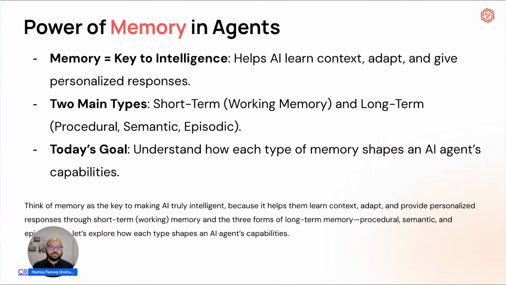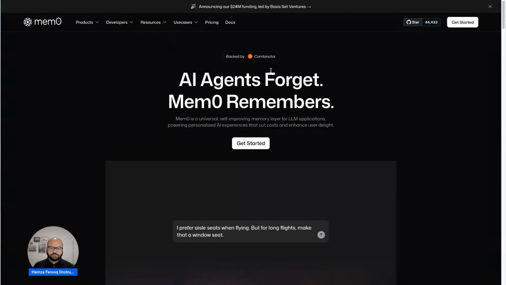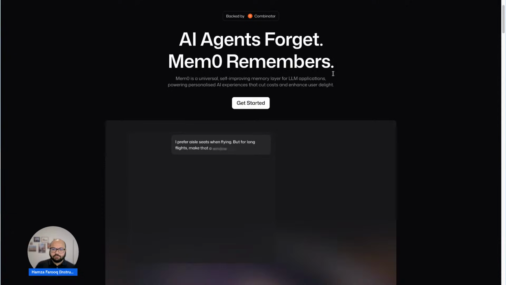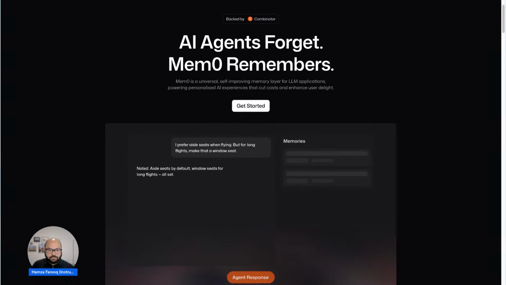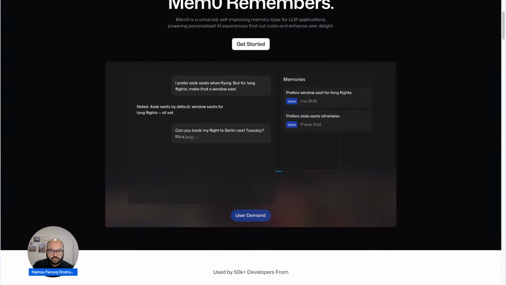So you could have knowledge graphs. A company that does a really good job in building memory, there are other companies also, but this is the company Mem0. It does not build you an agent. All it does is it remembers the kind of request or the information that you're passing along.